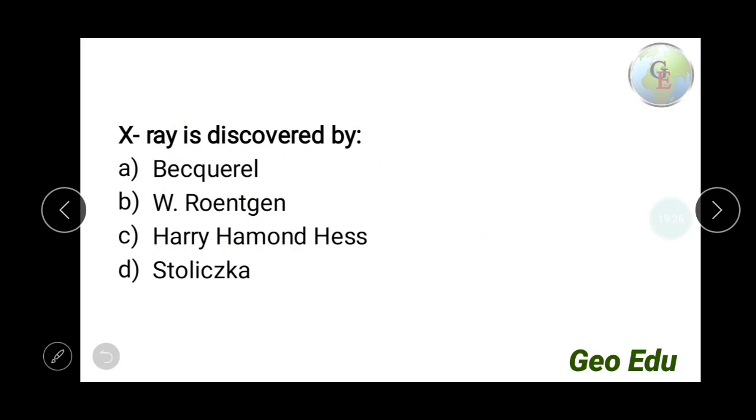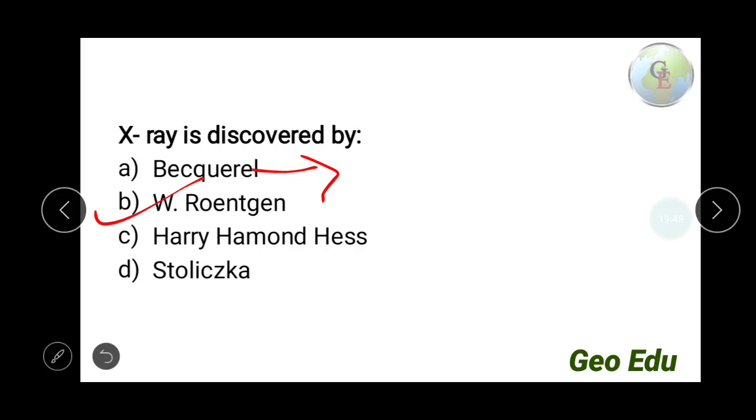Next question, X-ray is discovered by option A, Becquerel. Option B, Roentgen. Option C, H.H. Hess. And option D, Stolica. All these are renowned persons. So X-ray is discovered by Roentgen, and